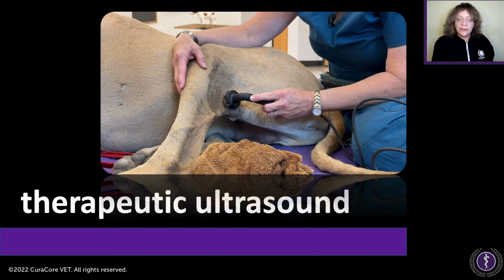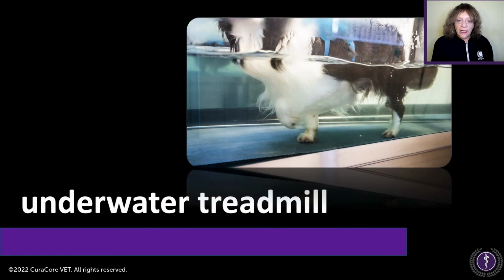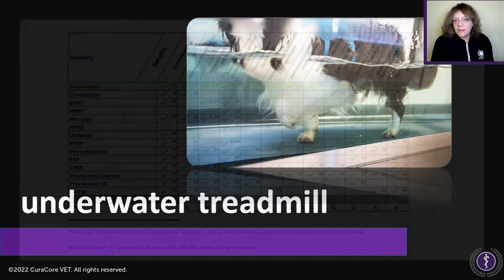And then therapeutic ultrasound can have its own effects. Again, we're having acoustic waves come into the tissue and helping with some of the pain and also some of the tissue health. Then, of course, there's underwater treadmill. Get them walking again, get them supported by that water and have some resistance, carefully identified where we want that water level, but that can help with their deconditioning to help them become conditioned. It too can also be overdone, so you have to be careful with that.